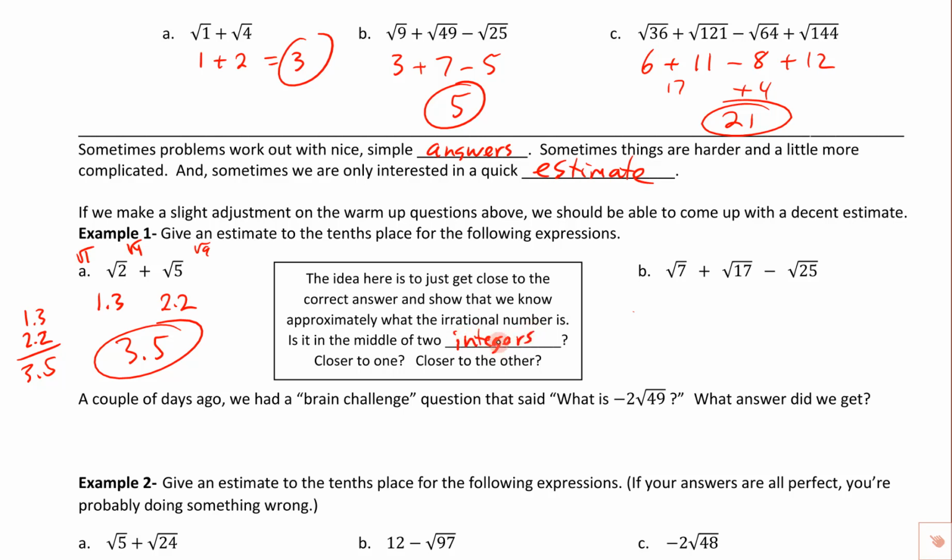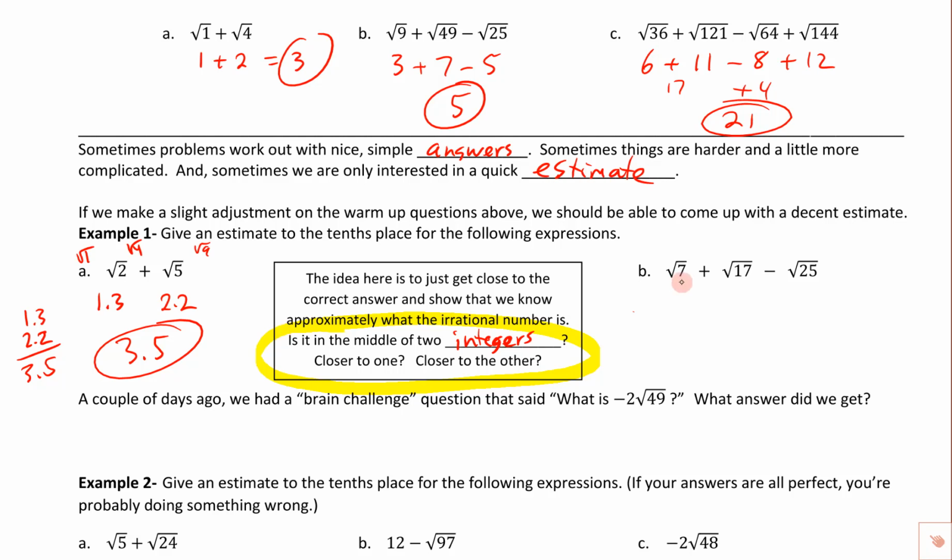Okay, two of those really nice numbers that we deal with, those positive and negative whole numbers including 0. Is it closer to 1 or closer to the other? That's really all we want to do. This is kind of the key question for the day. If you can identify what two integers it's between and then give a decent estimate, then you're in really good